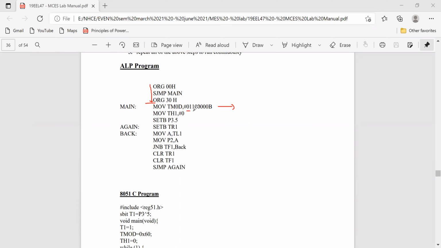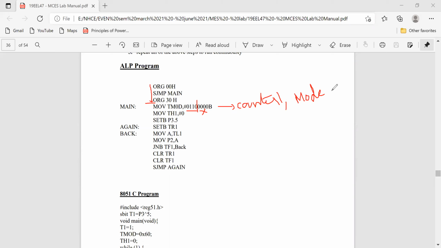I'm taking 4 bits alone. I'm not considering timer 0, not taking care of timer 0. I'm just programming for timer 1, that is, counter 1, and its mode is 2.